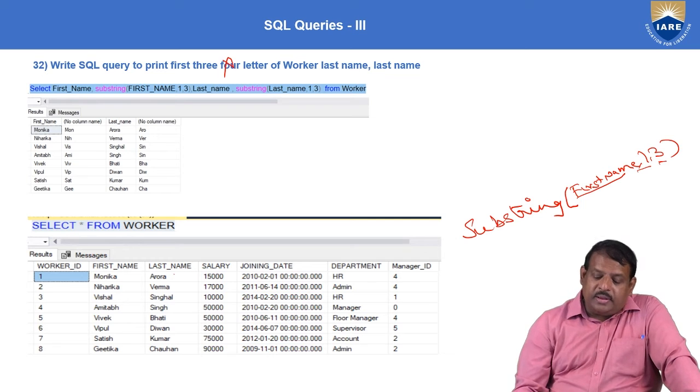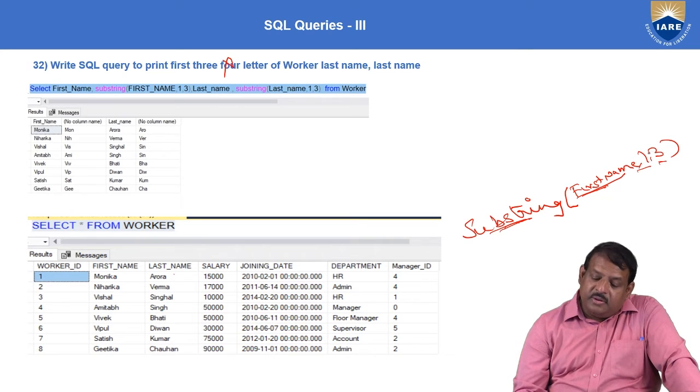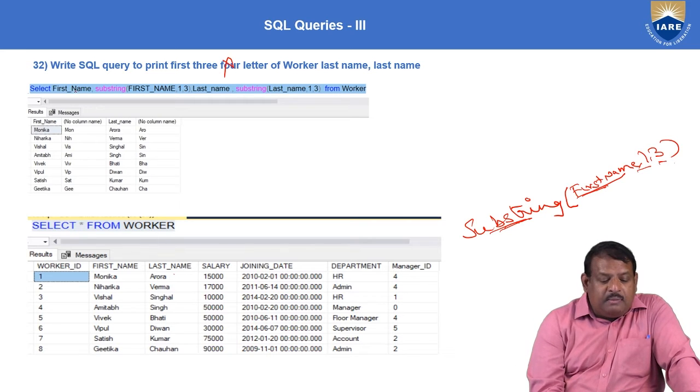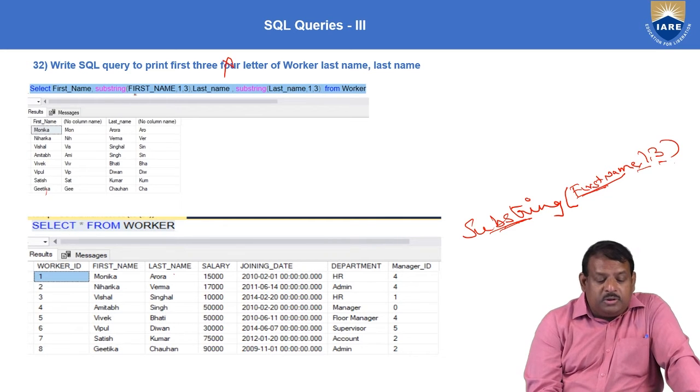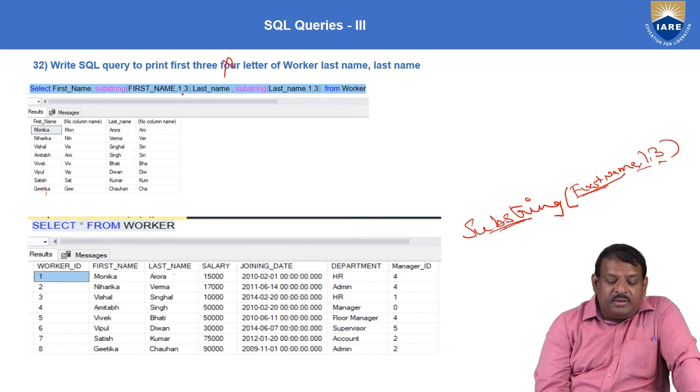Now here, whether it's first name or last name doesn't matter. Here I'm saying substring of first name, last name. I said first 3 characters, so starting at 1, I want 3 characters. Now when I execute this, I'm saying display me the first name, the actual column, then give me the first 3 characters from the given string.